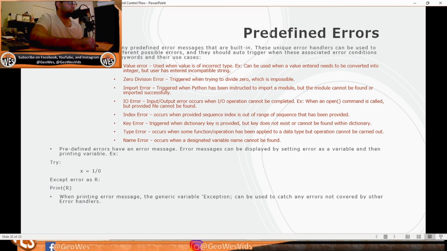So the predefined errors have an error message. The error messages can be displayed by setting the error as a variable and then printing the variable. For example: try x equals 1 divided by 0, except error as r, and then print r. When printing the error message, the generic variable Exception can be used to catch any errors not covered